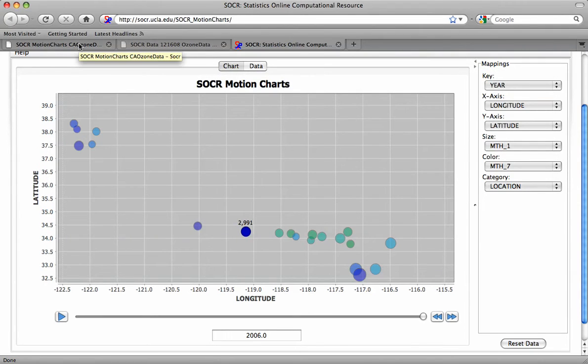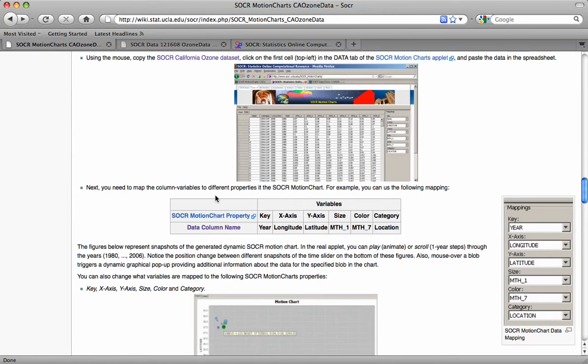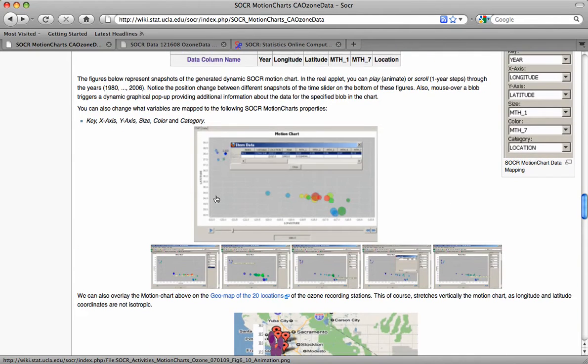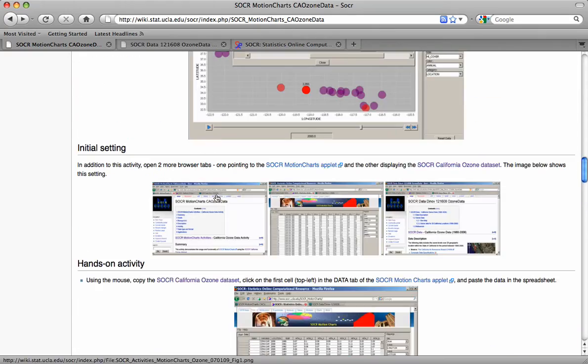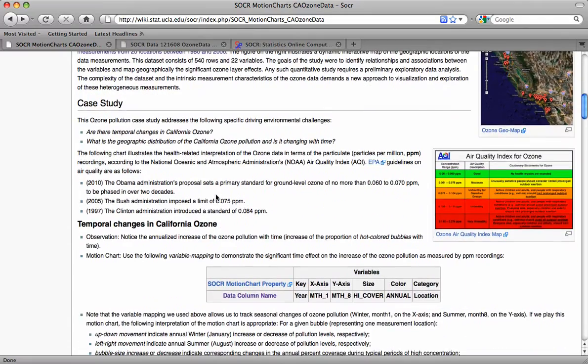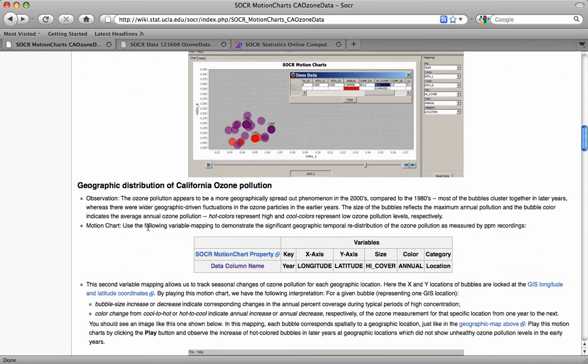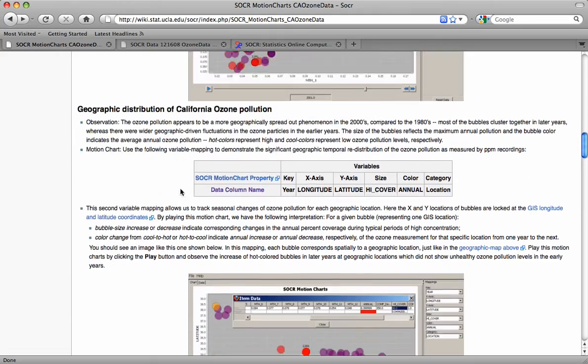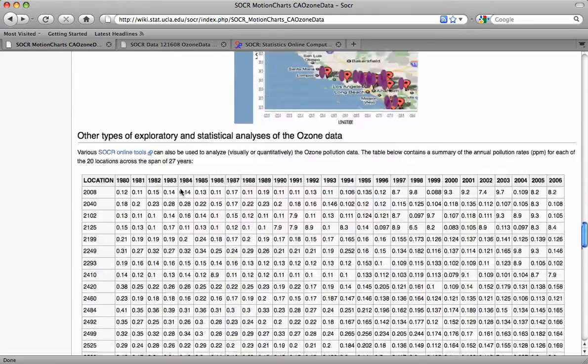So if we go back to our activity homepage, we can see that there are other possible mappings which allow for exploring different types of intrinsic data characteristics. So we can see this section on temporal changes in California ozone and geographic distribution of California ozone pollution. Those are two more examples that you could do. We can also see at the bottom down here